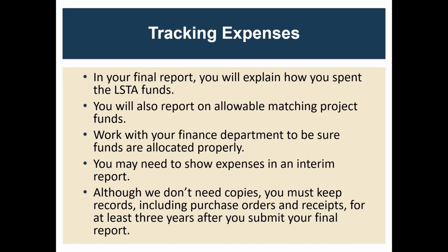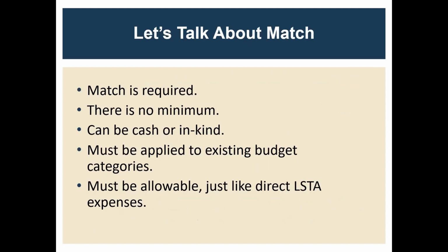I'm talking primarily about the final report, needing expenses for that, but you may need to show expenses in the interim report as well. And although we don't need copies of any of your purchase orders and receipts, you'll need to keep those for at least 3 years after you submit your final report as part of the records retention requirements. So I mentioned match, and as I said, it could be cash or in kind, but it is